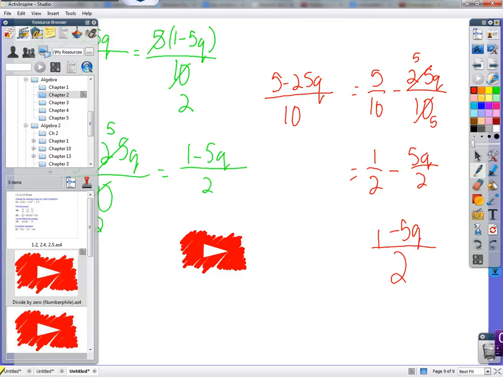Let's find this distributive chapter. Divide by 0. Yeah. And actually,